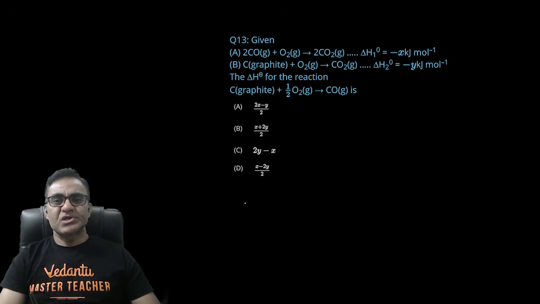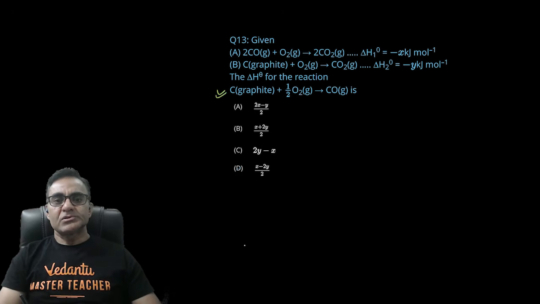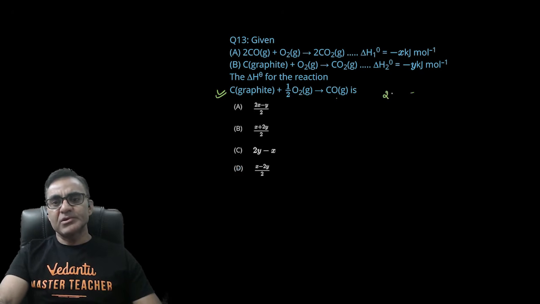थर्मोकेमिस्ट्री की दो रिएक्शंस गिवन है, पहला है कार्बन डाइऑक्साइड फॉर्मेशन, दूसरा है कार्बन डाइऑक्साइड फॉर्मेशन अगेन फ्रॉम ग्रेफाइट, और आपको ये टारगेट रिएक्शन का इंथैल्पी निकालना है। ऑलराइट, तो ठीक है, इस टारगेट रिएक्शन को लाने के लिए मुझे सेकेंड रिएक्शन को एज इट इज यूज करना होगा, और फर्स्ट रिएक्शन को मुझे ग्रेफाइट लेफ्ट में लाना है, राइट में सीओ लाना है। तो फर्स्ट रिएक्शन को उल्टा करेंगे लेकिन साथ में 2 से डिवाइड भी करेंगे।